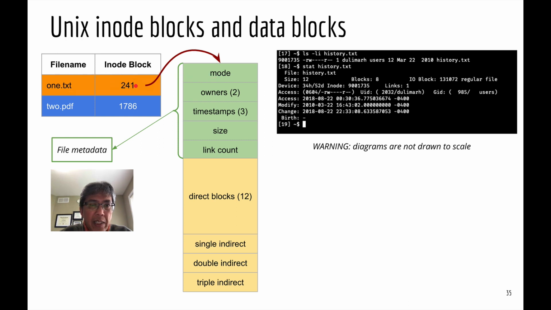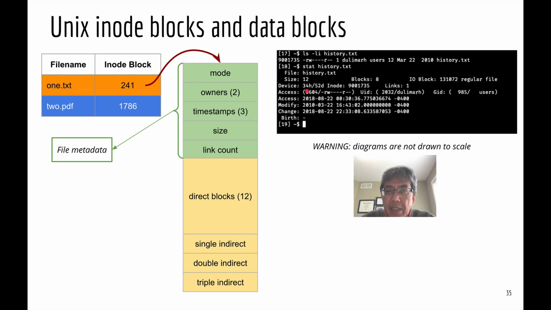In our case, inode number 241 is the inode of 1.txt. So the rest of the output, like the access time, modified time, change time,